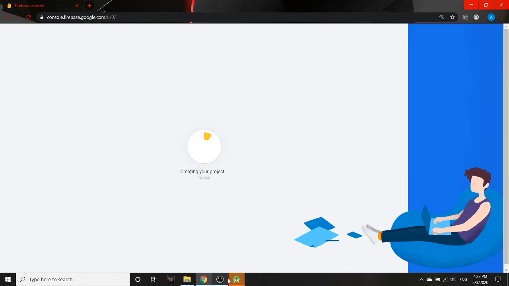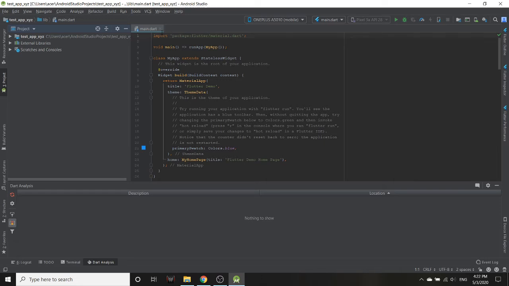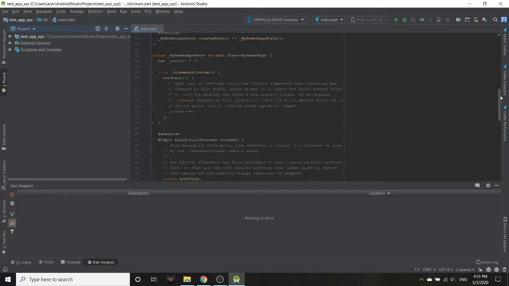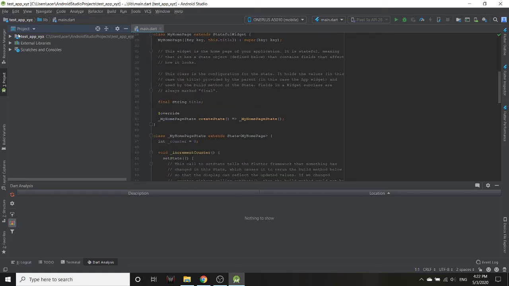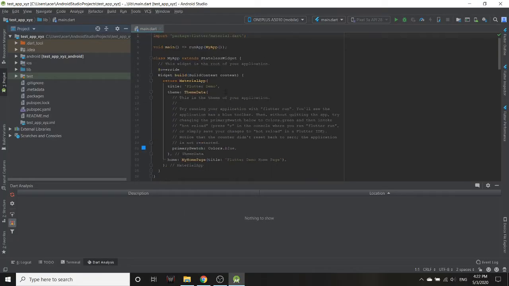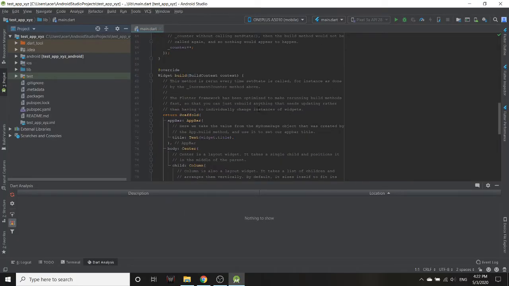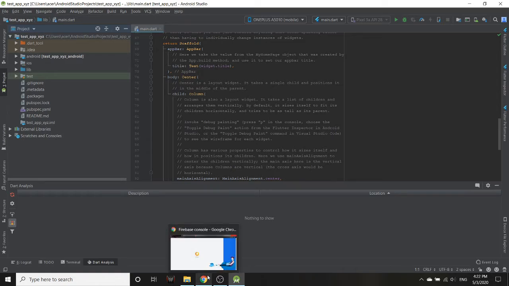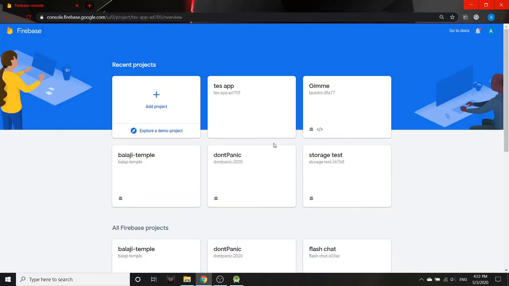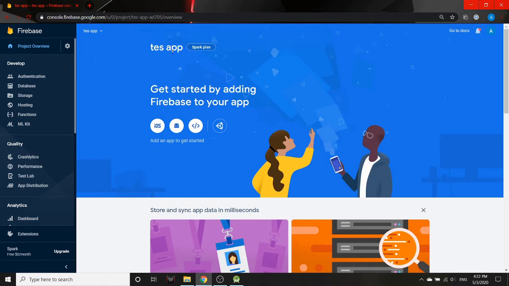While this is being created, we'll go back to the project which was made. This is the very basic project. Now we really don't have to do anything in this. We just have to make sure we add a few files there. So I'll just wait till this is loaded. All of this is basically out of the box. It creates a basic project. So this is ready. Oh, actually, I misspelled it.